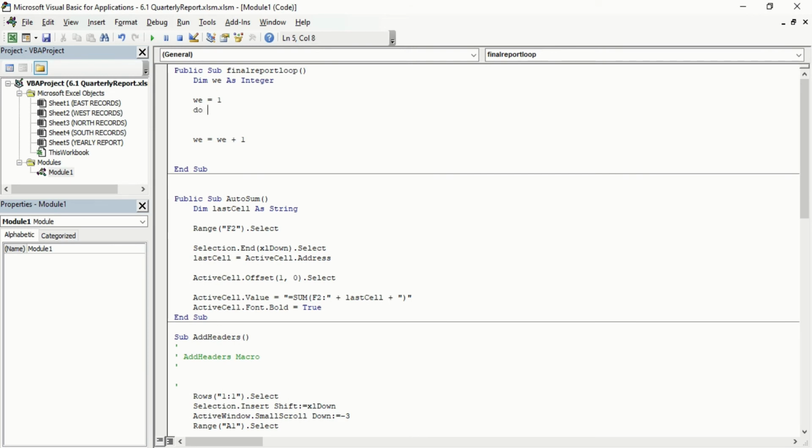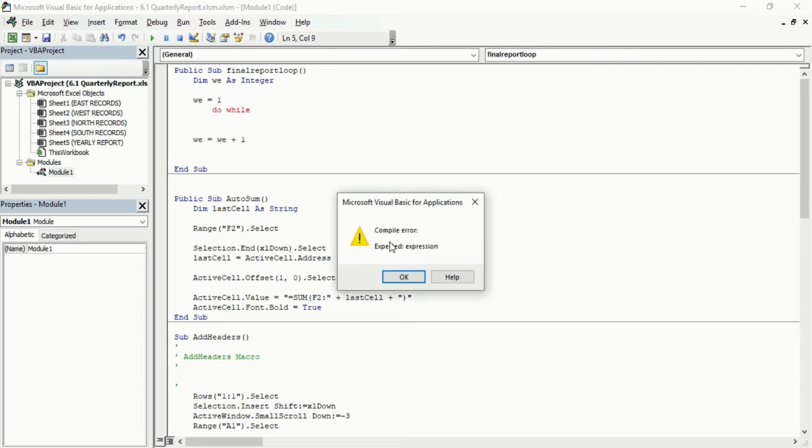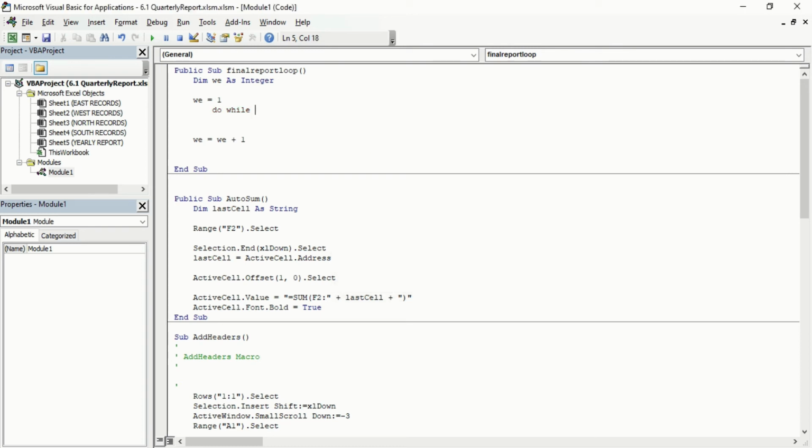So again, do while. You can put in one tab more, so it is much more in a linear hierarchy with our data. So just cancel this, after that put one space, and we will write v. Now we are writing the loop for the variable v, which is our integer which we have created. So again we put equal to, after that we put worksheets dot count.